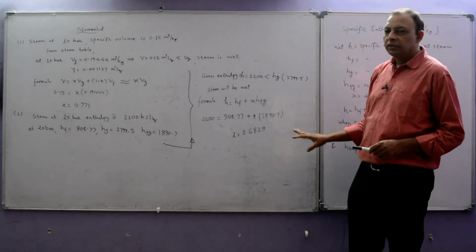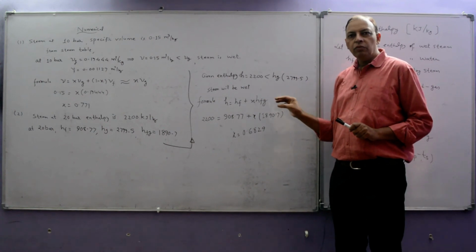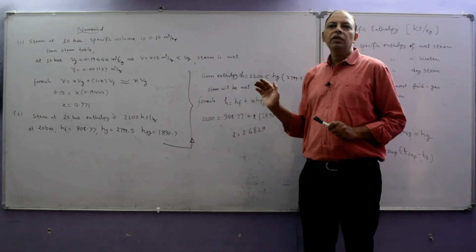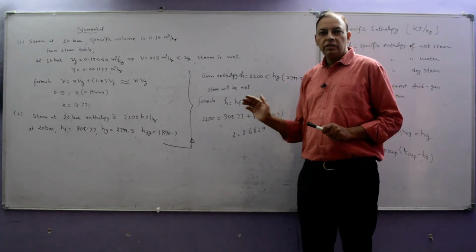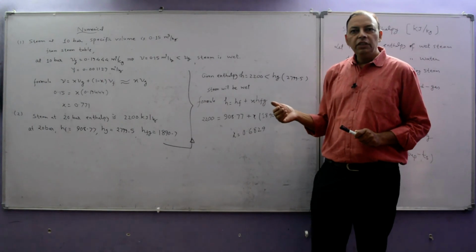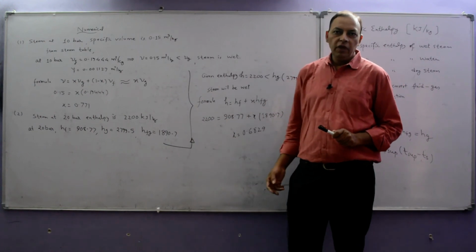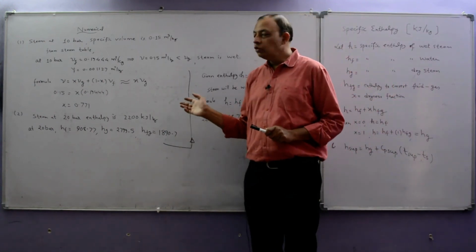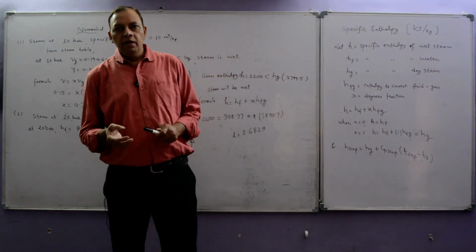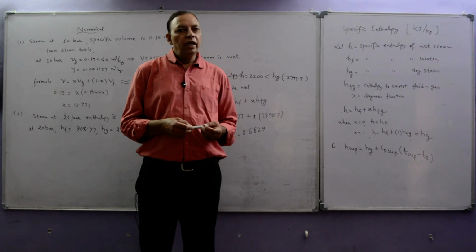With these two numericals I can conclude that whether the given value is a specific volume or a specific enthalpy, always compare the given value with the values of dry steam, the specific volume or enthalpy. If it is less than Vg or Hg, the steam will be wet steam. If it is wet, then calculate its dryness fraction. I hope that these two numericals will help you to understand the properties of wet steam. In my next lecture, I will show you how to calculate internal energy and entropy. Thank you.